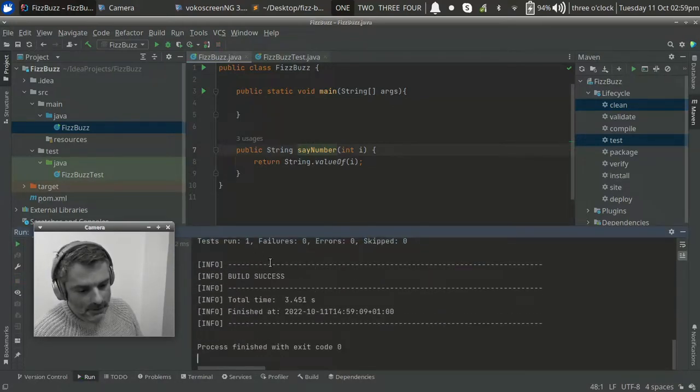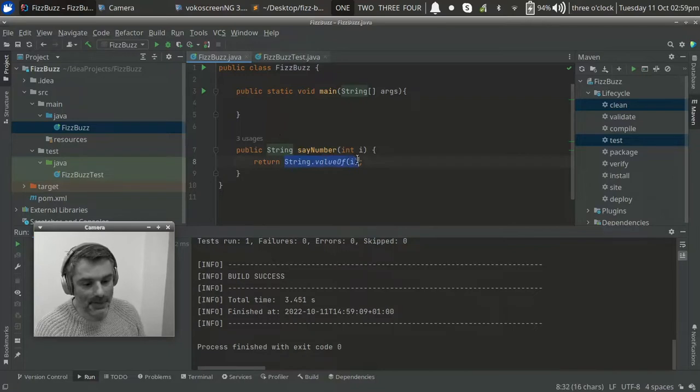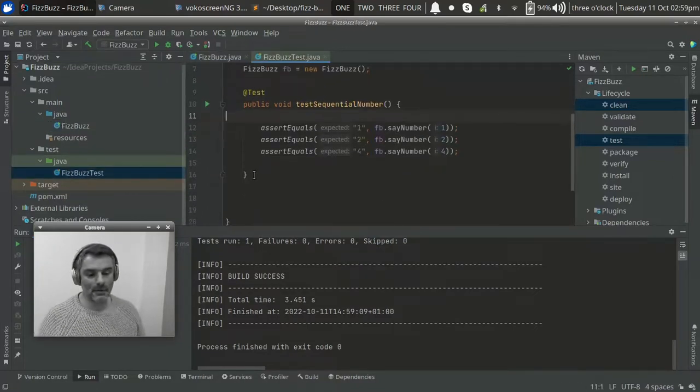Yep, tests run 1, failures 0, errors 0, skipped 0. That's green. So, do we want to refactor? There's not enough code there to refactor. I think it's fine, and I think the test's fine. No need to refactor there, so we're going straight back into the red phase